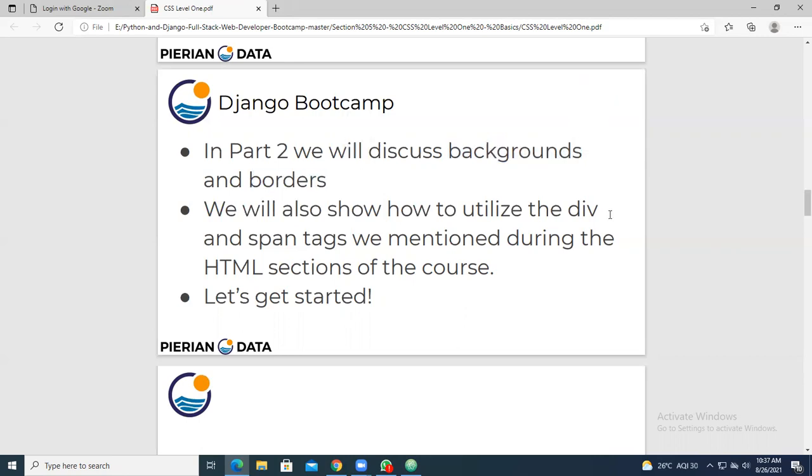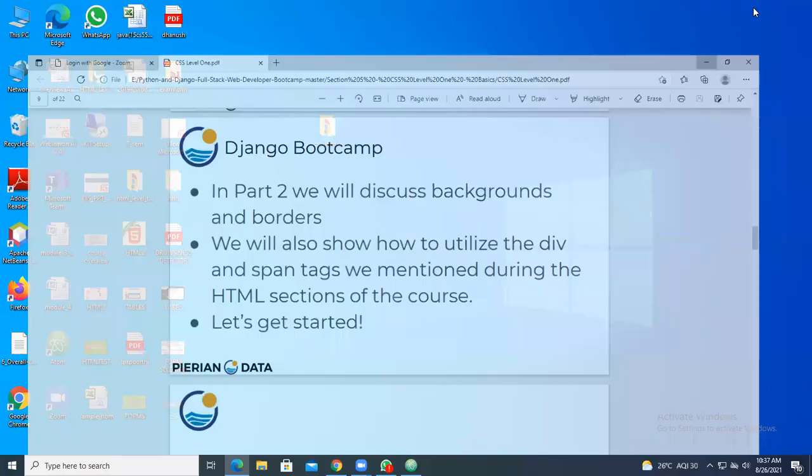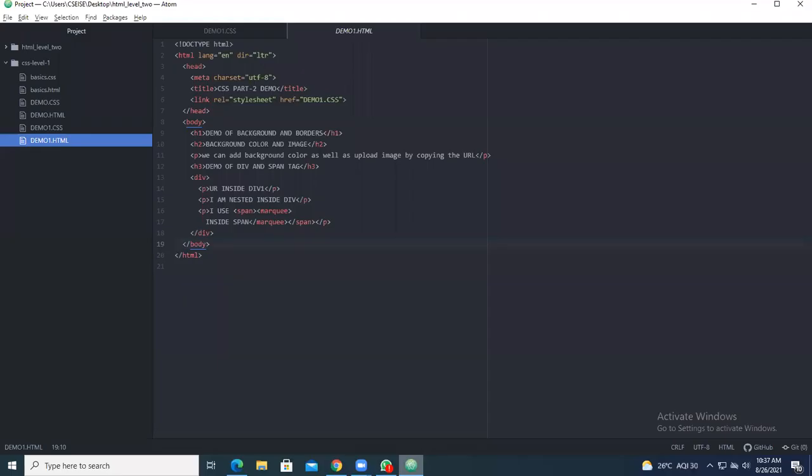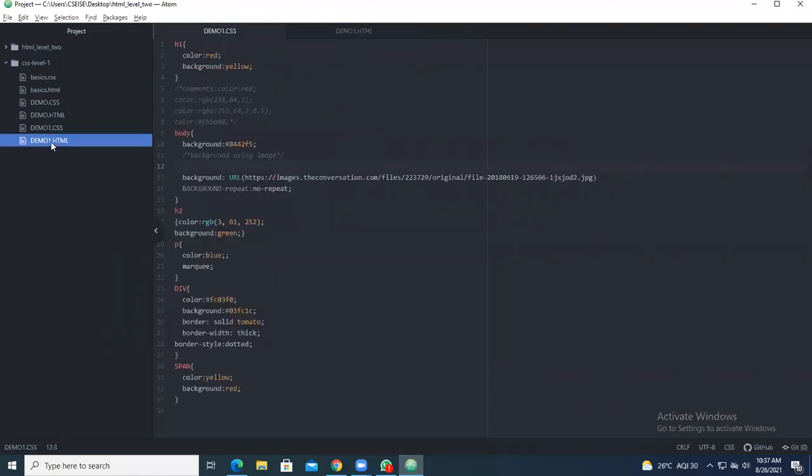For that, jump onto the Atom text editor. Open this Atom text editor. In it we have created a new file, demo1: demo1.html and demo1.css. These are the two files we have taken.